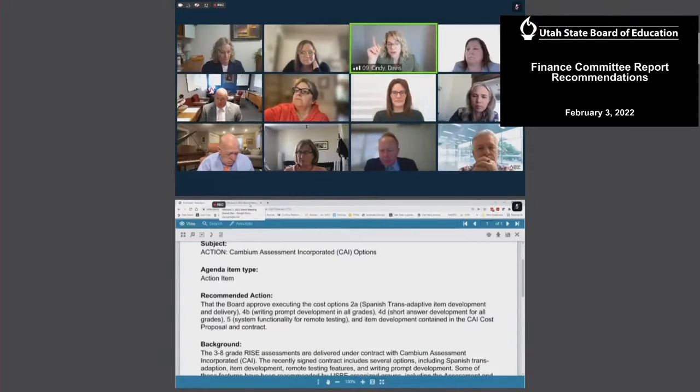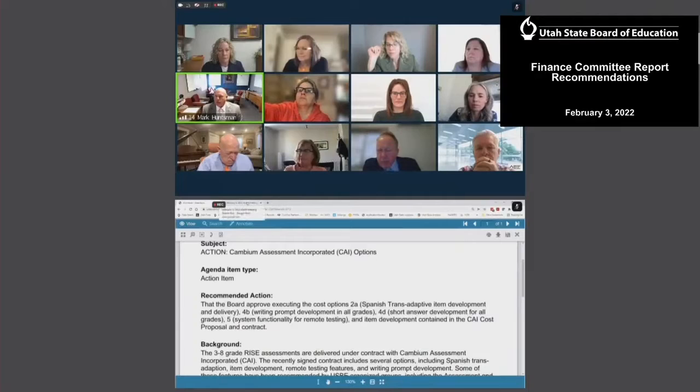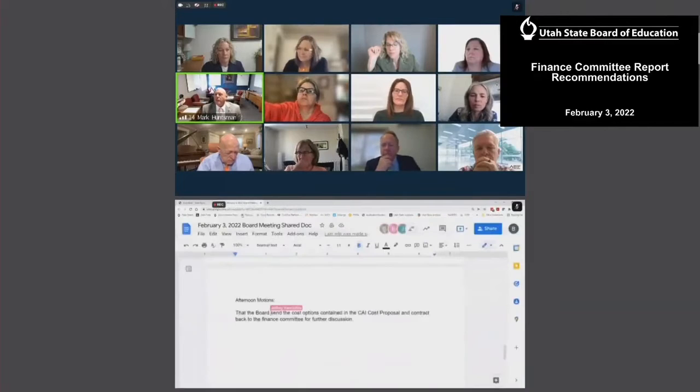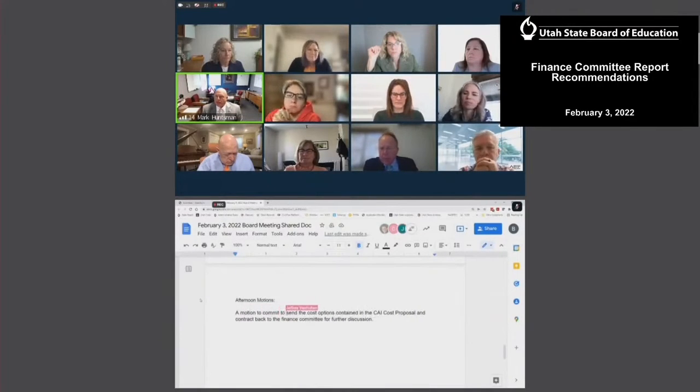Chair Huntsman, do we need to vote on the amendment separately, or can we vote on it as a whole package? No, not yet. So coming out of committee, there will be a motion for the full board. The chair of the finance committee is proposing an amendment that it goes back, and I'll second it. Then you vote on the amendment. Okay. So it's two votes to get it out.